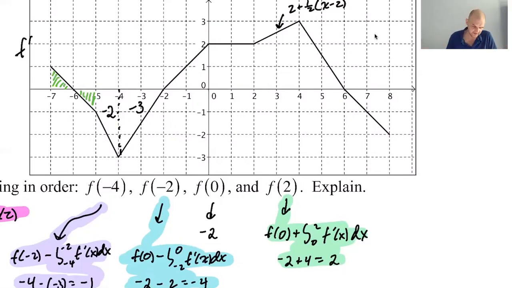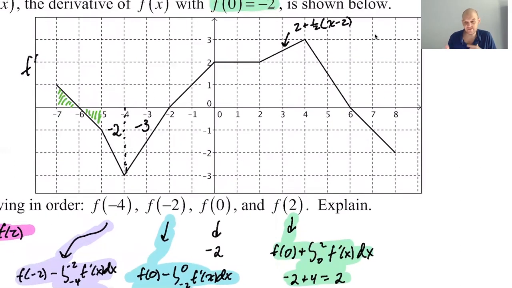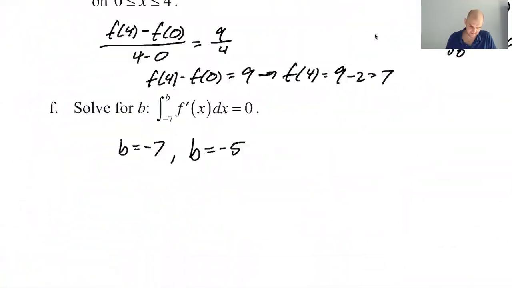So if I start here and I go, -7 to -7 is 0, -7 to -5 is 0, -7 to -2 is going to give me -5 because I've accumulated -5. So I just need to accumulate +5 and I'll be done. When do I get to +5? Well, this is 2. And then this whole thing would be 4. So I just need 3 of them. So I just need to go here. This will give me 3. So I think that if I go to 1.5,